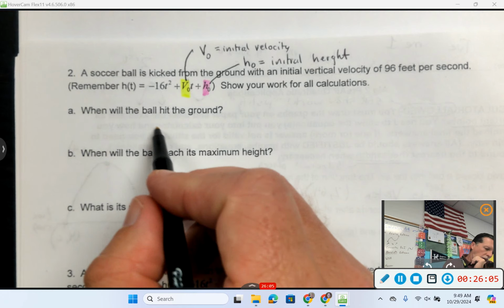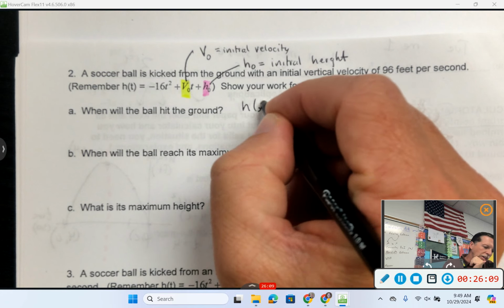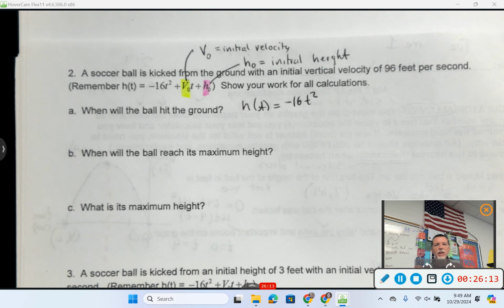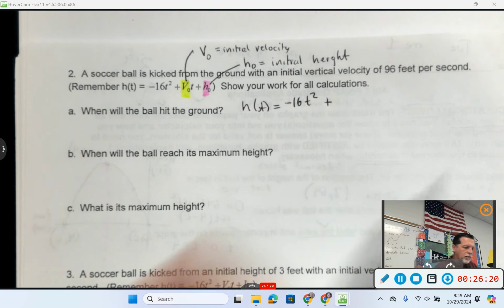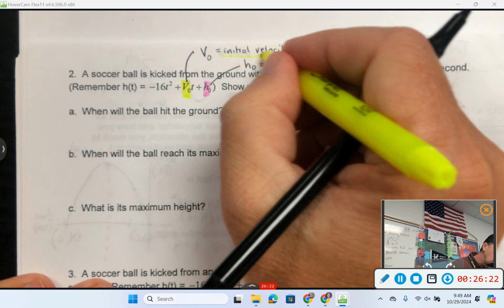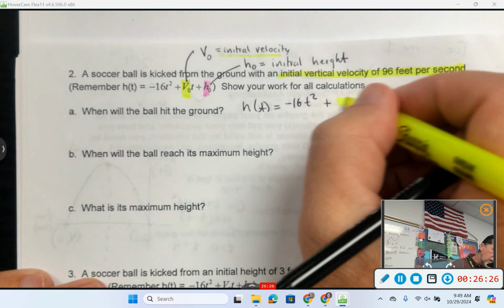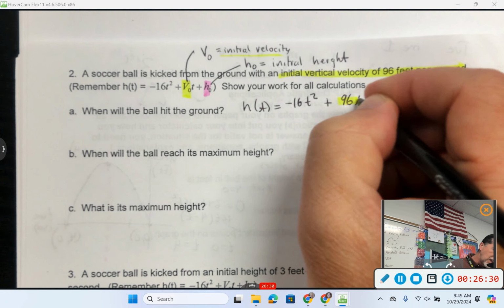Okay. When will the ball hit the ground? Let's back up a second. Let's rewrite this equation with stuff we know in there. Negative 16t squared plus v0. What's v0? 96, because my initial velocity is 96. So plus 96t